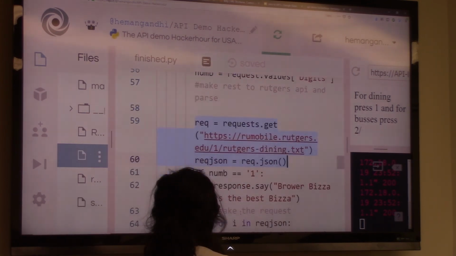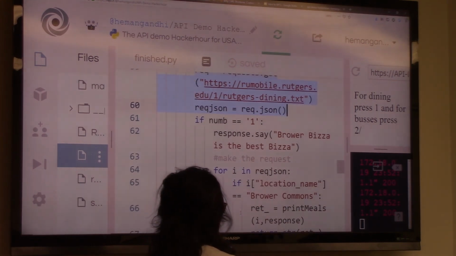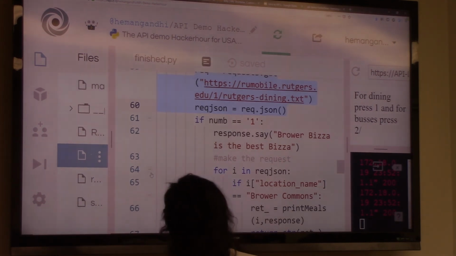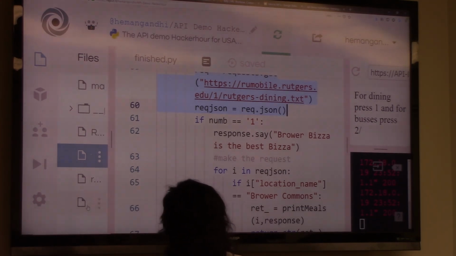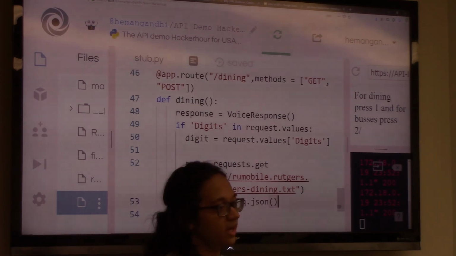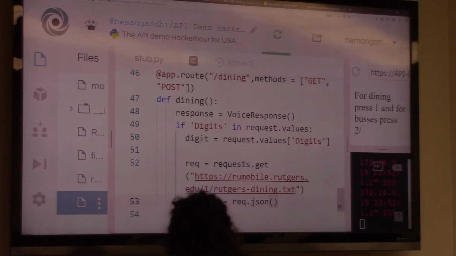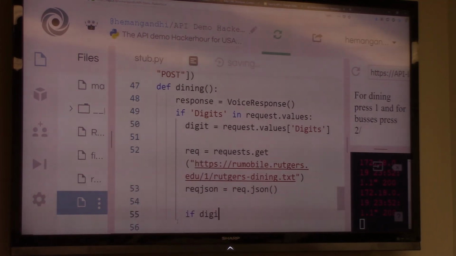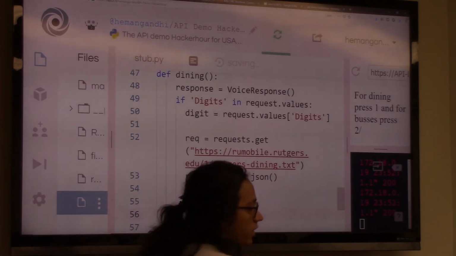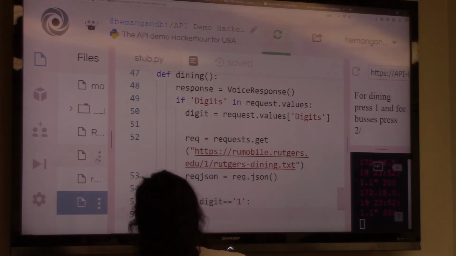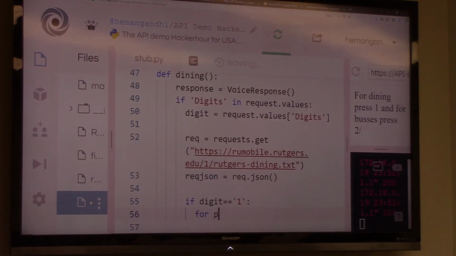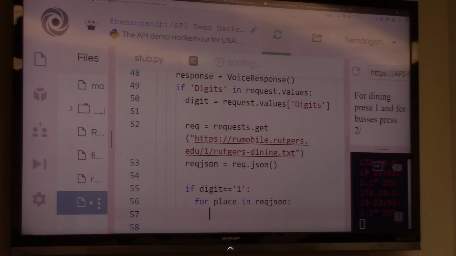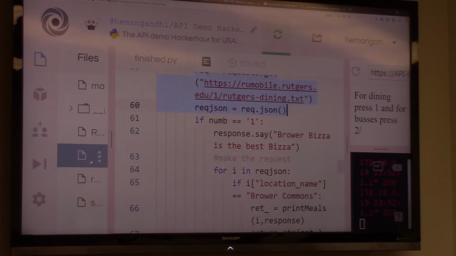Okay, so once we have the request, anyway, we just have to read the right part so that we have the right location, right? If the user passed in a 1, they wanted Brower. So what we're going to do is, for place in JSON, we're gonna